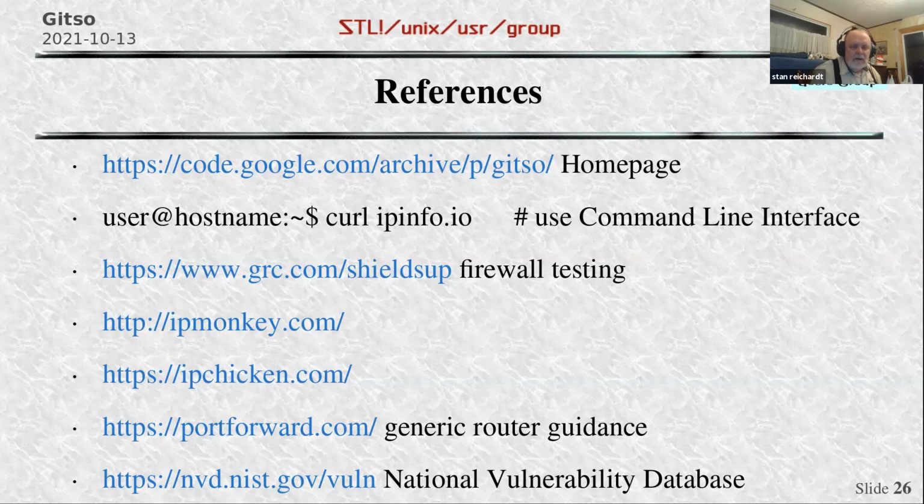GRC Shields Up firewall testing site, the IP Monkey, IP Chicken, and the generic router guidance. And there's the National Vulnerability Database